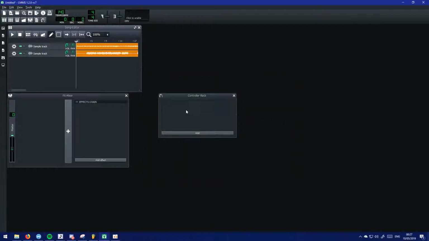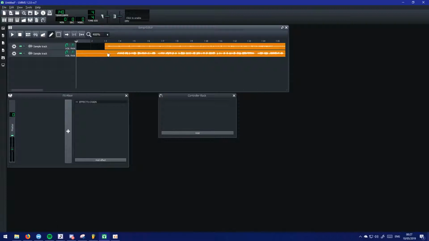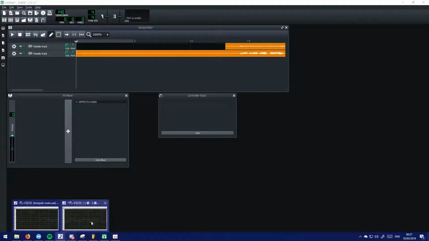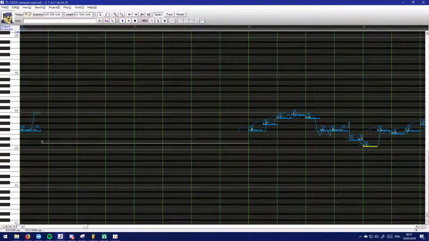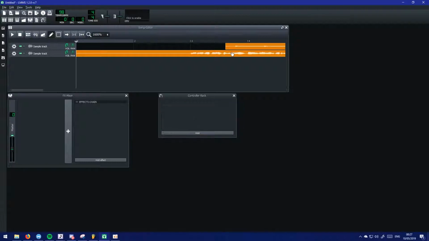So let's take the main one and let's see. So we've got the instrumental here. If we zoom in a bit, control and scroll wheel. Now lining it up on here is also a little difficult, so let's look at the BPM. That's 98. So if we set this to 98,